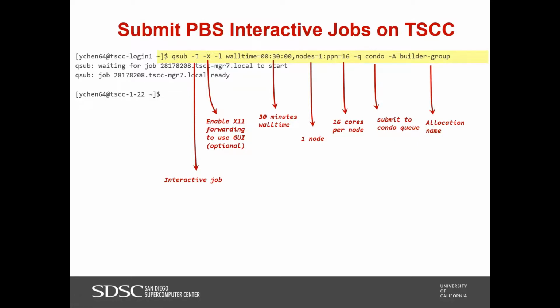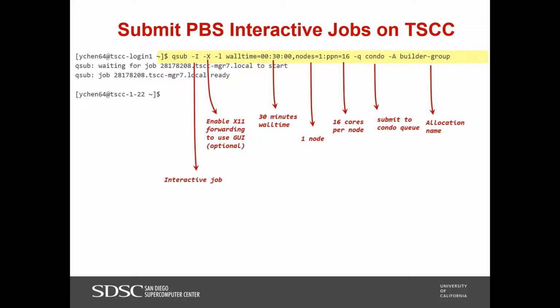Then you can add a -X if you want to enable X11 forwarding to use GUI, and then a -l. The -l accepts the length of the job time you want to use. Here it is 30 minutes. And the -l is also used for specifying how many compute nodes and cores per node you want to use.